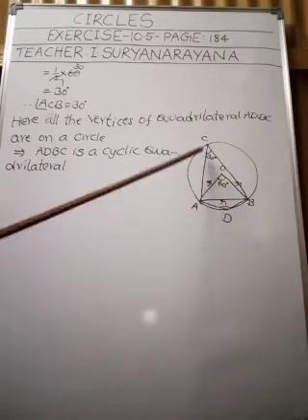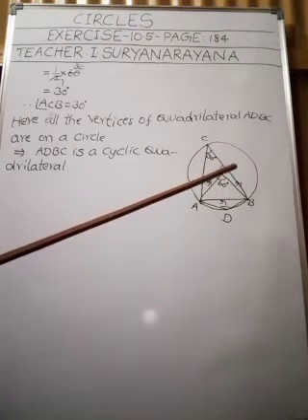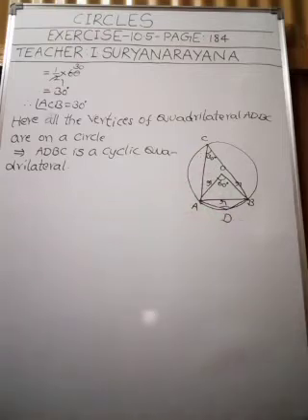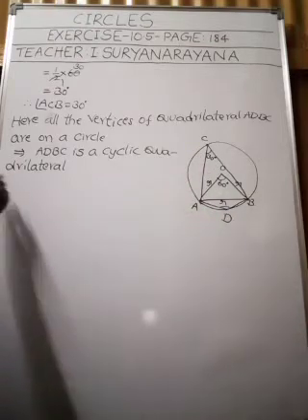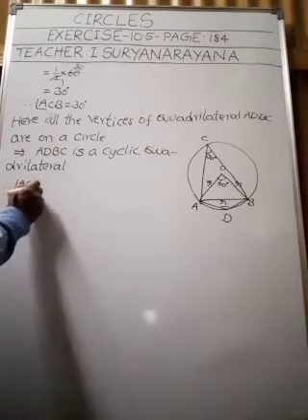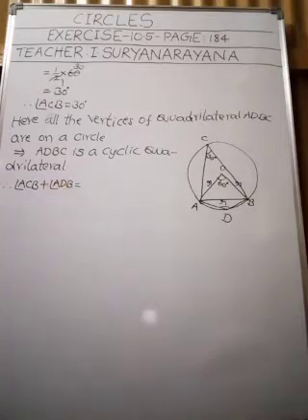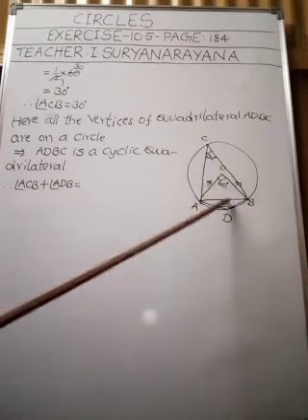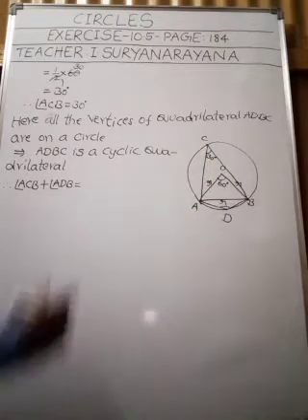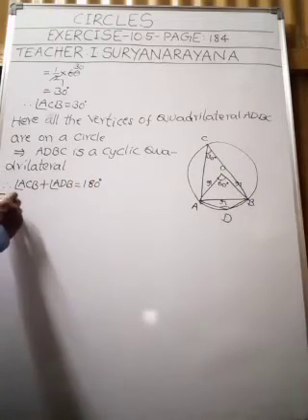The sum of either pair of opposite angles of a cyclic quadrilateral is 180 degrees. Yes or no, my children? Yes. Therefore, angle ACB plus angle ADB, these two angles are opposite angles of this quadrilateral ADBC. Okay, my children, that is equal to 180 degrees because